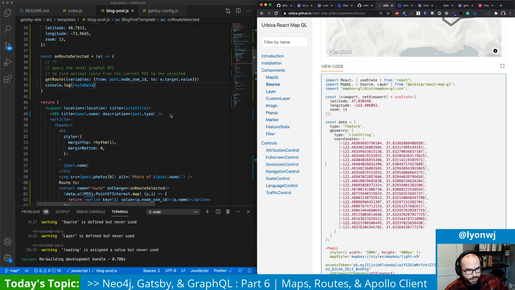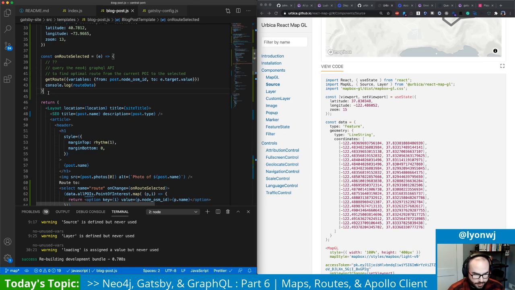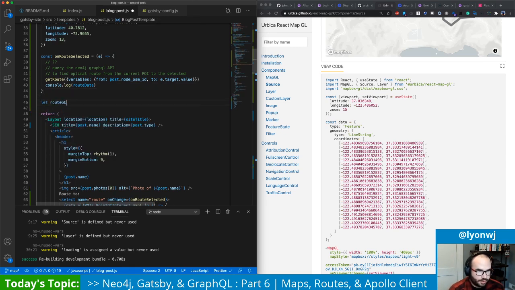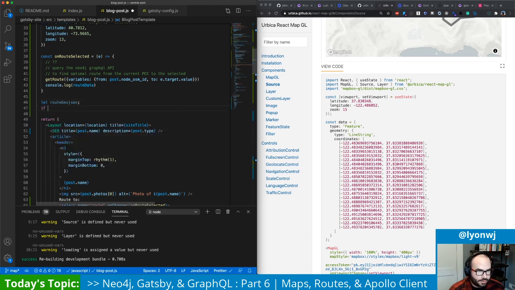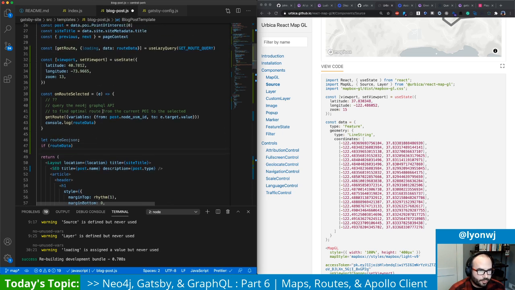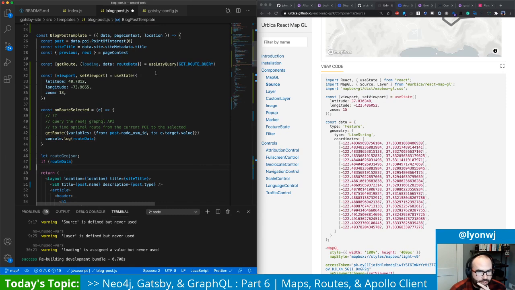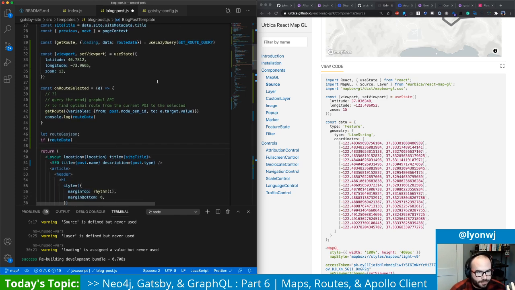I guess what we'll want to do is, let's define a variable. This is going to change, so we'll use a let, and then we'll say if we have route data. So route data, this is only defined, so now we're using this useLazyQuery Apollo client hook. So route data here, this is only going to be defined after we've actually successfully fetched some data. So we'll say if we have route data,